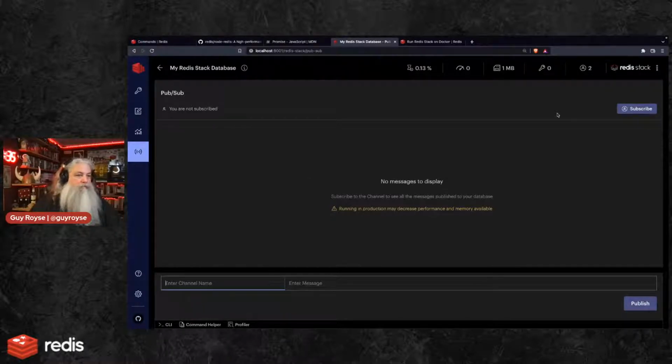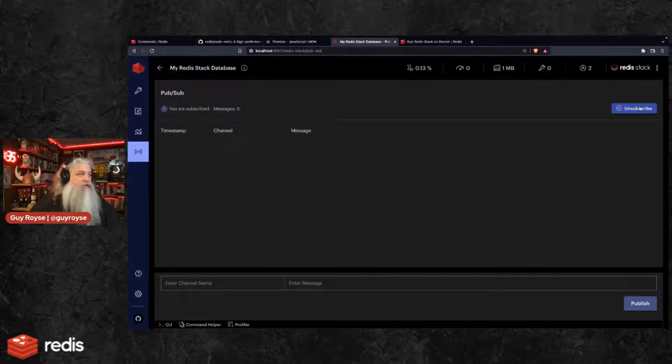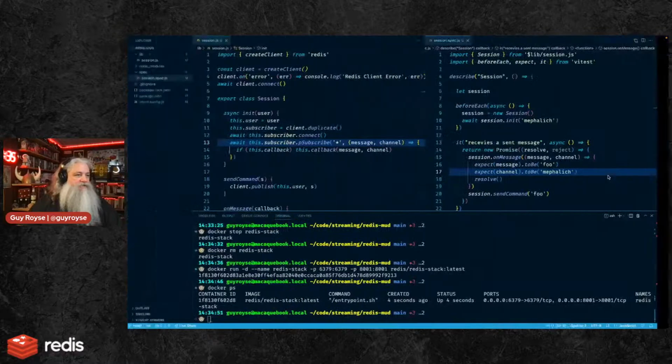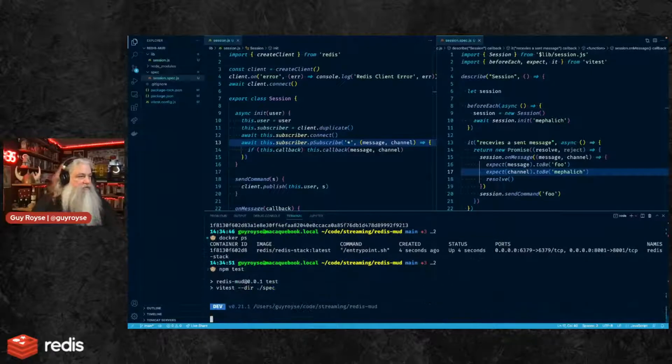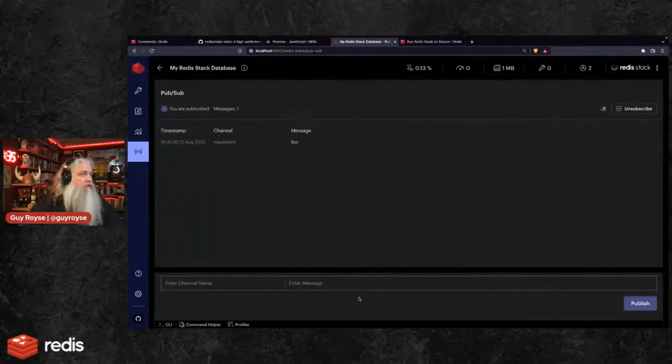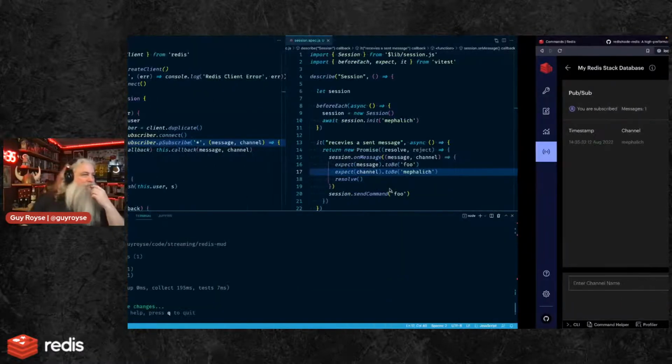And then we're going to go subscribe. Does it ask me? It looks like it just does everything. Let's see if our test, then npm test. There it is. Cool. Totally worked. I actually haven't messed around with this feature yet in Redis Insight with Redis Stack. So that makes me happy. Cool.